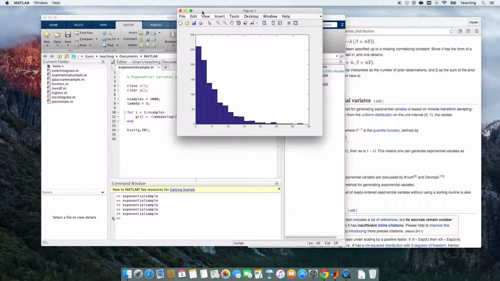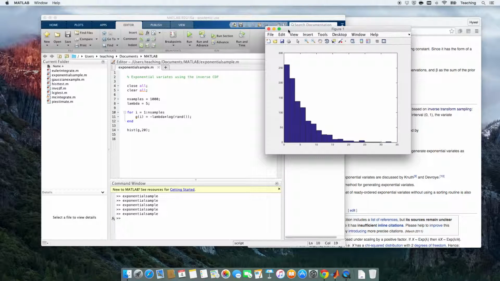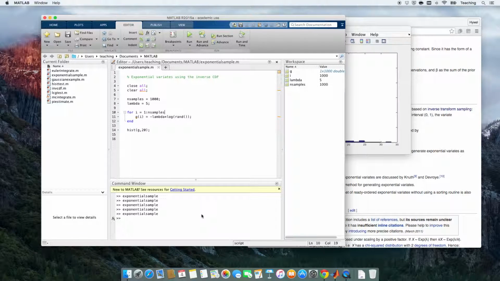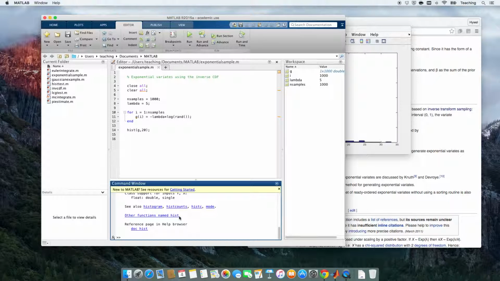Now, what you can do then, of course, is if you want to figure out what that lambda value is, and imagine I have a set of random samples and I wish to obtain the value of lambda, what I need to do is fit an appropriate exponential function to this. Of course, I take the log of the density of these numbers, how many samples are in each of these bins. So I can do that, but if I do help hist, I can find out the other way to use the hist function,